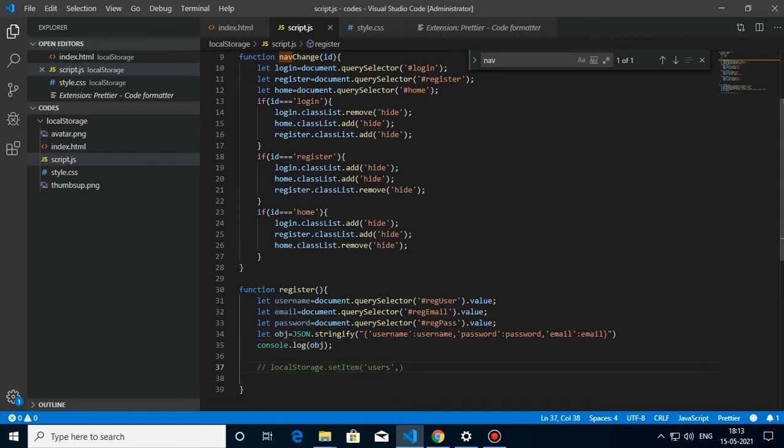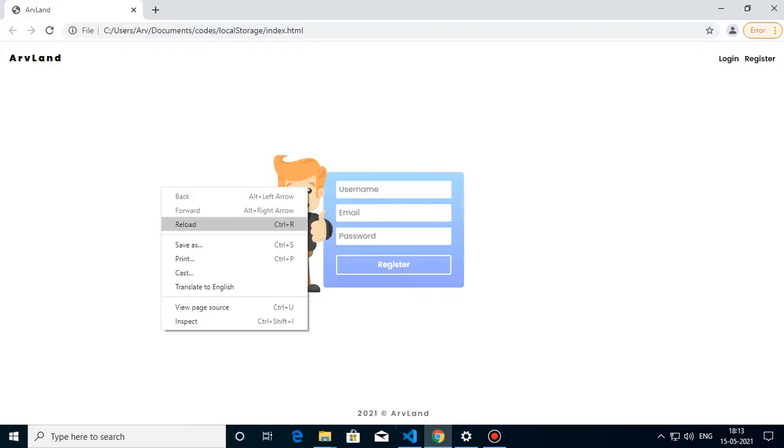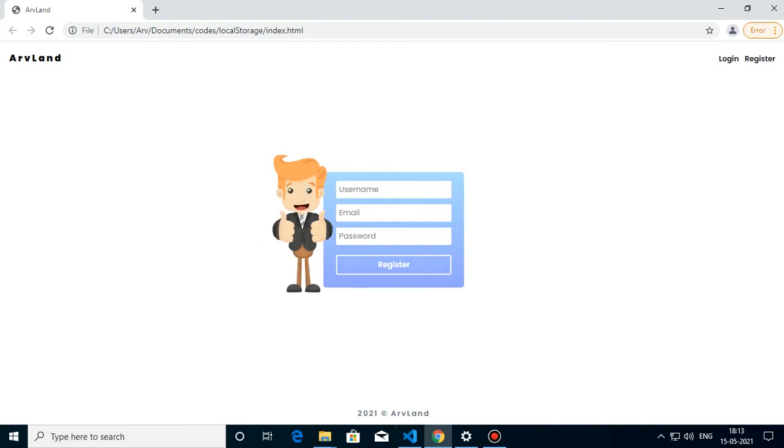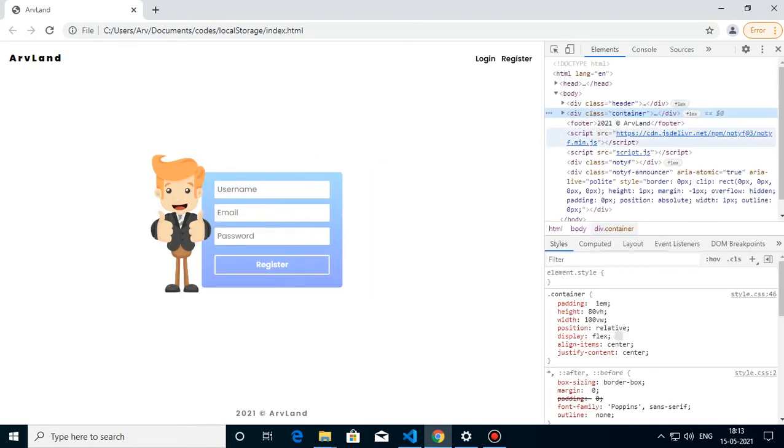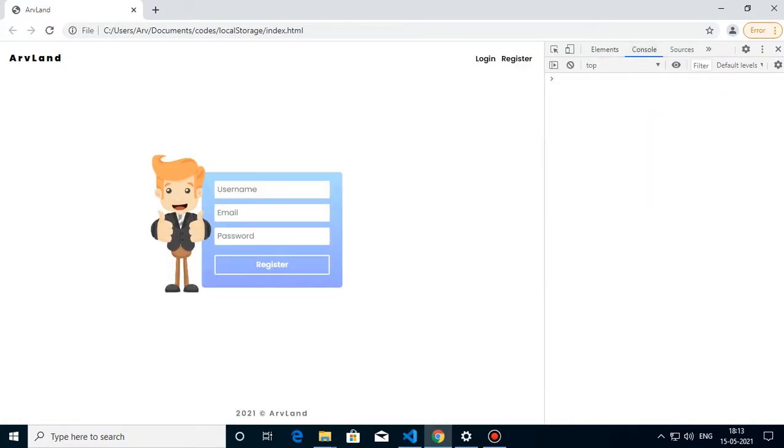Okay, sorry, my mistake. You don't have to send it as a string. You can provide an object inside the JSON.stringify. It will convert it into a string. Okay, so let's see what output we are getting. Okay, register is not a function.